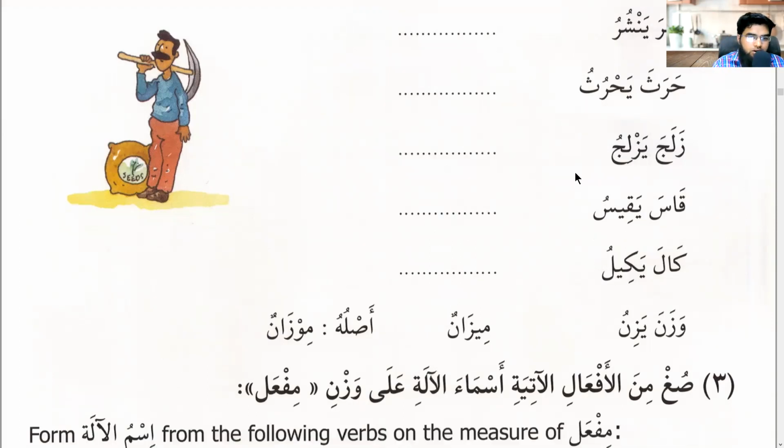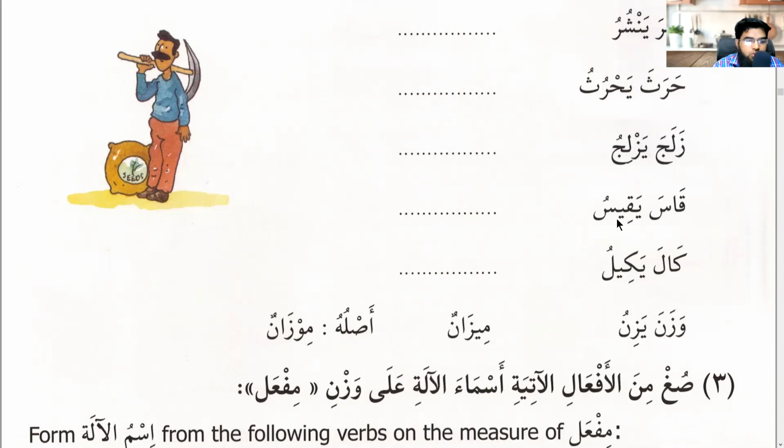These vocabs are not important. They don't come anywhere in the Quran from what I know. It's just teaching that this is the pattern. So don't worry about all these instruments if I don't remember some. So zalaja yazliju is a bolt which you put on the windows or something, a sliding bolt.